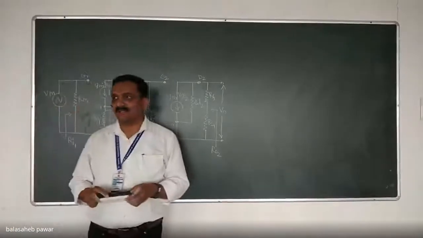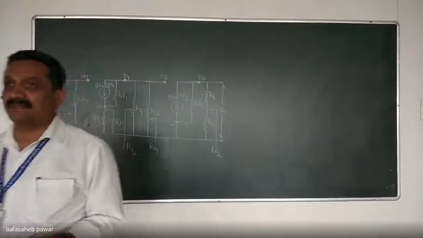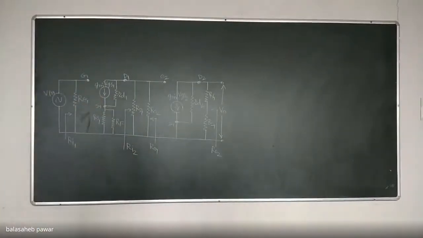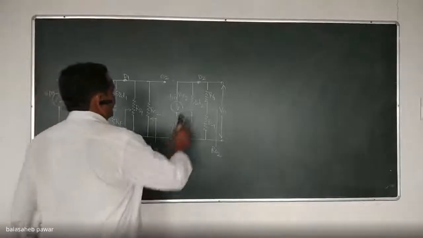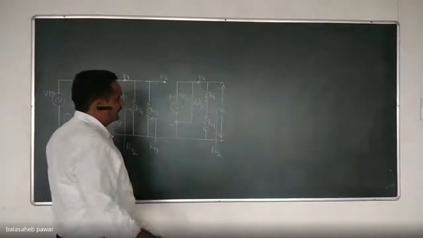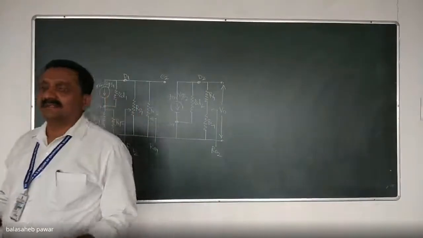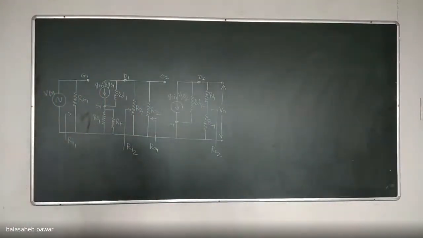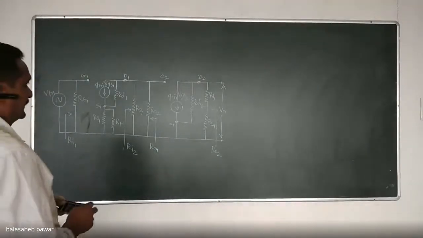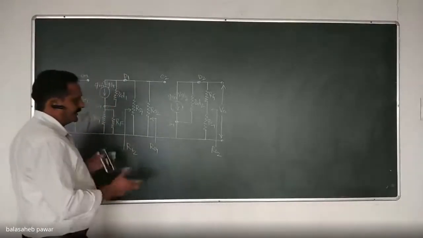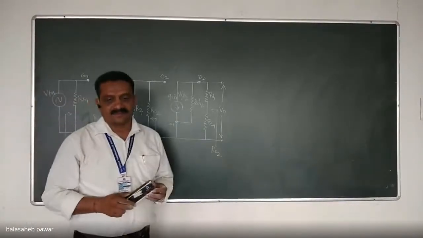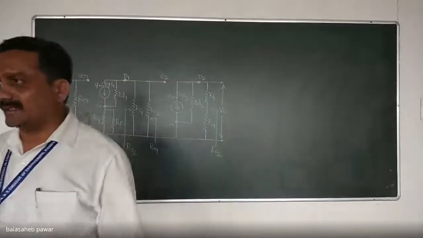Initially, we will try to find out the beta factor, because as per that step also, you might have noted it. First of all, determine the beta, and then calculate that capital D, then you can calculate the open loop gain for the given circuit, and later on you can calculate the effect on all these parameters with negative feedback. That is, with feedback and without feedback, you can easily compare. Okay. So first of all, try to find out the beta factor.